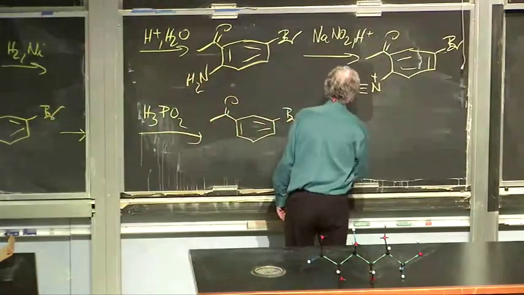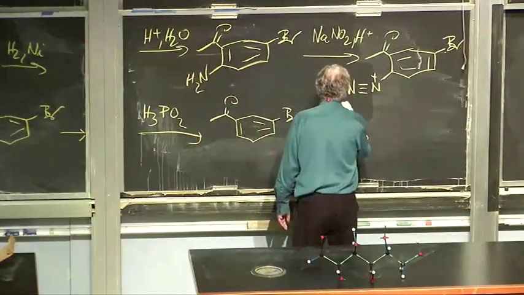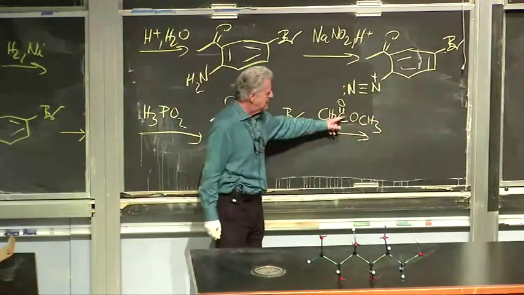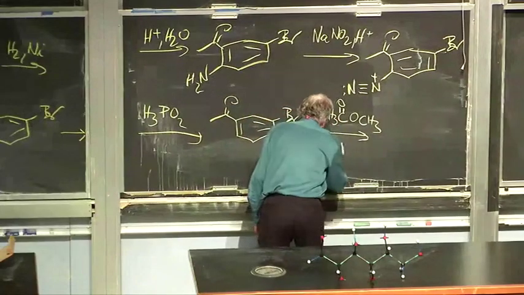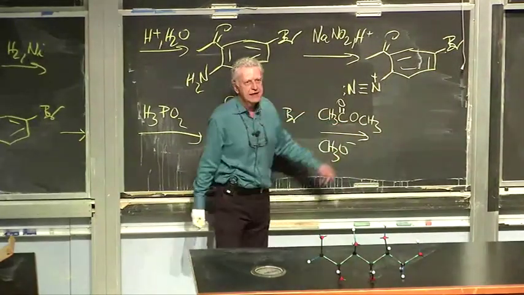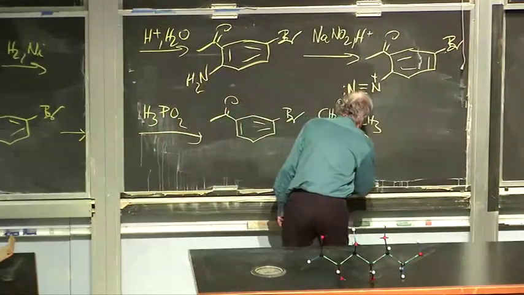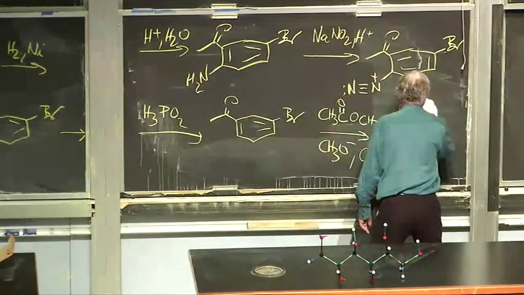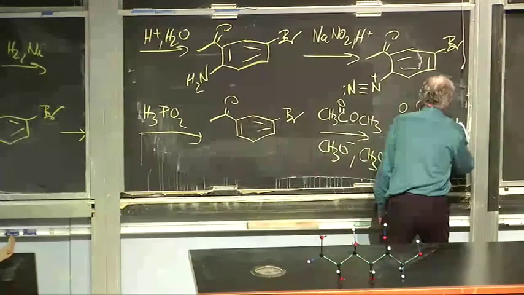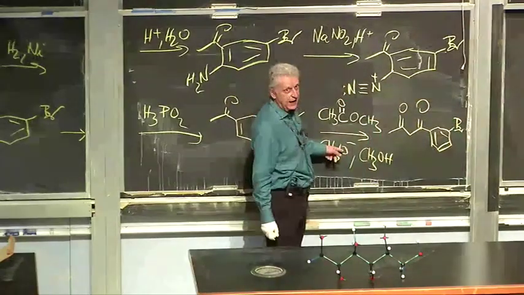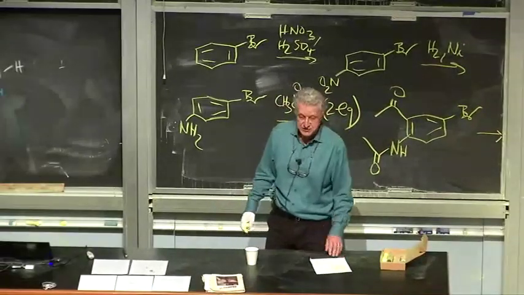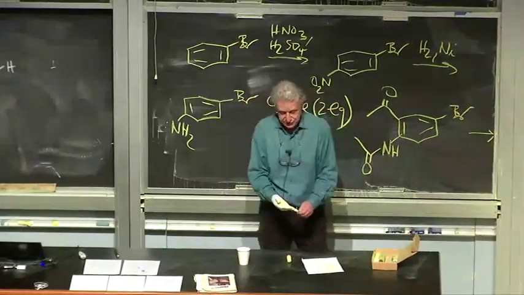The last step is to do a Claisen condensation, using methyl acetate. You can use any acetic acid ester, but you have to watch out that you're using as the anion the alkoxide that corresponds to the alkoxy group in the ester, and of course the solvent is the same also, and that indeed gives you exactly what you want, namely the product. Remember that the first product here is actually the anion, but it's understood that we're working up everything with acid or base, whatever is required, aqueous workup, to give you the corresponding neutral.